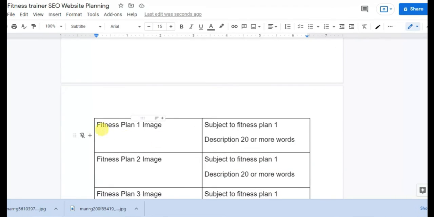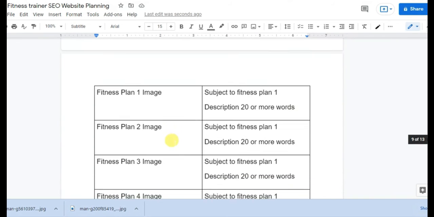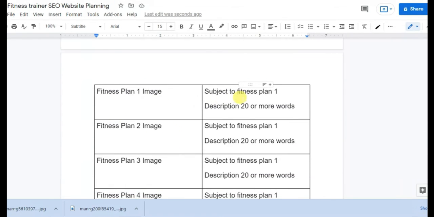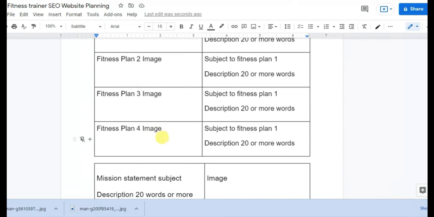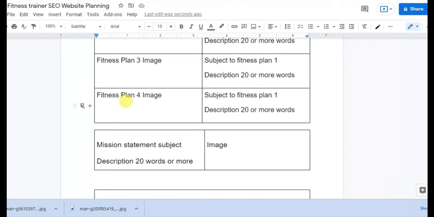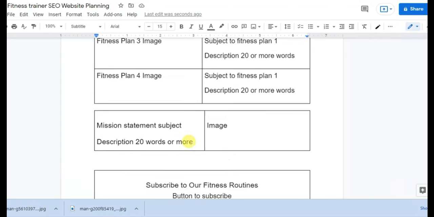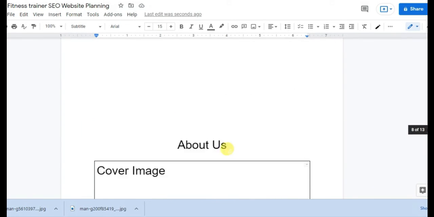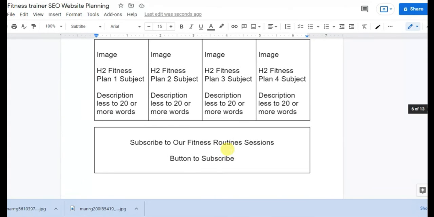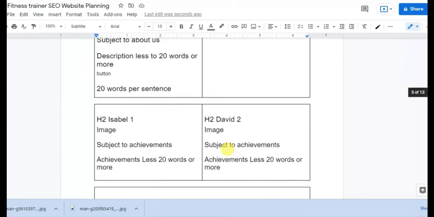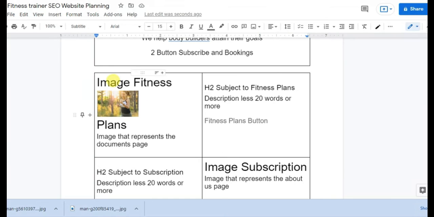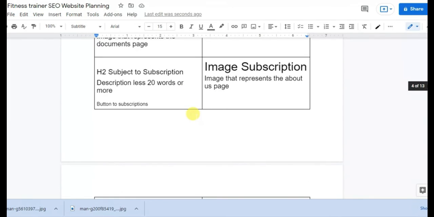And we're going to go here, the fitness plan. In the About Us, we're going to introduce our fitness plans. We can go ahead and do this here and have something like the fitness plan 2 here, and we have all of these here. And over here, if you want to make changes to the home page, like right here, we have the fitness plans, but if you want to make changes, you can go ahead. If you want to make it more descriptive,